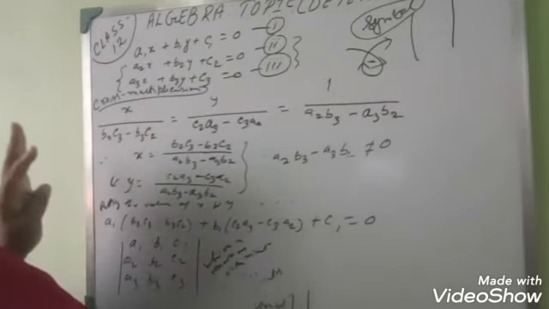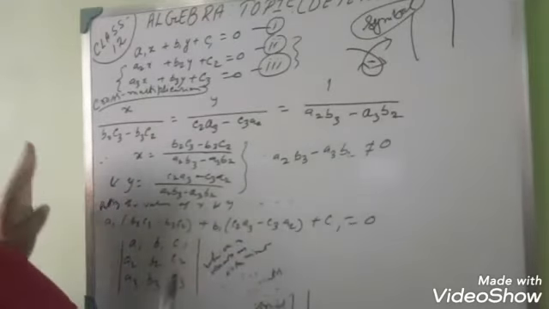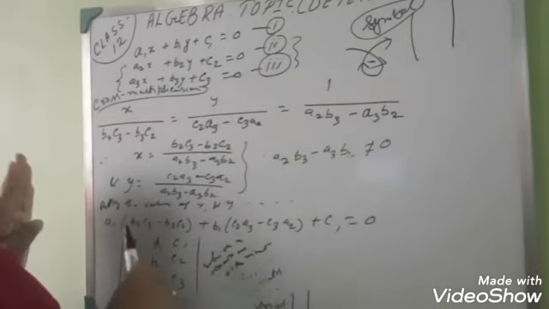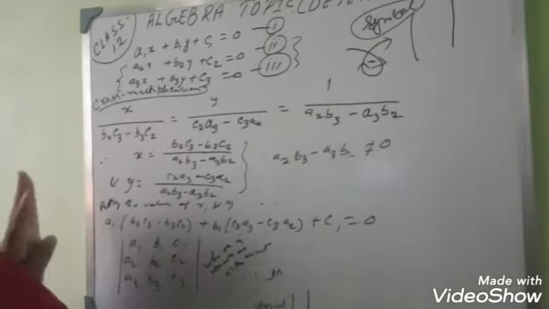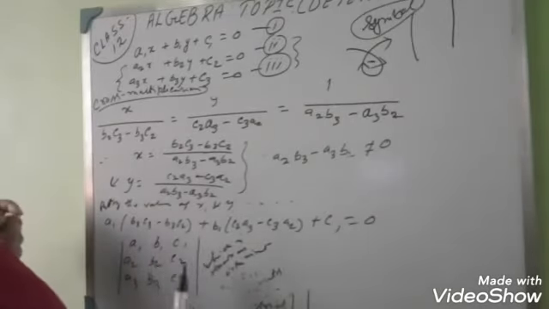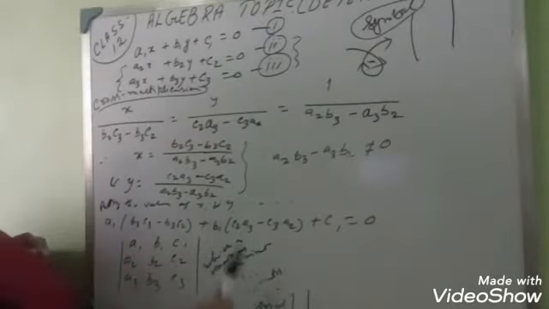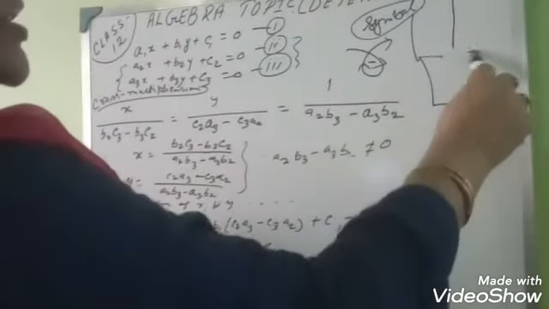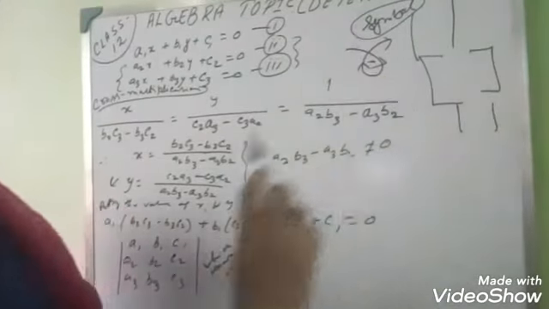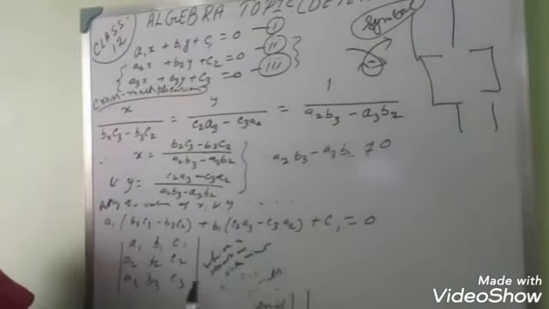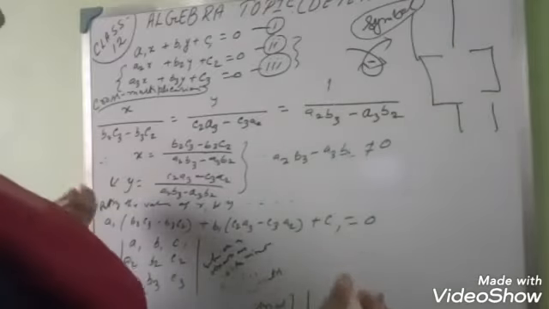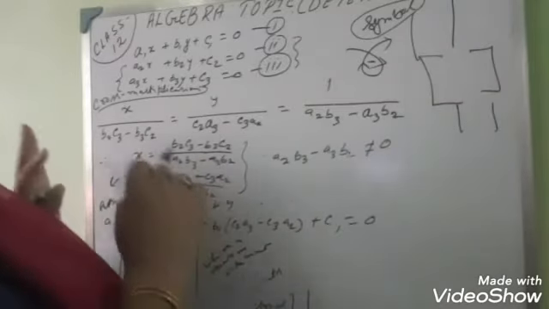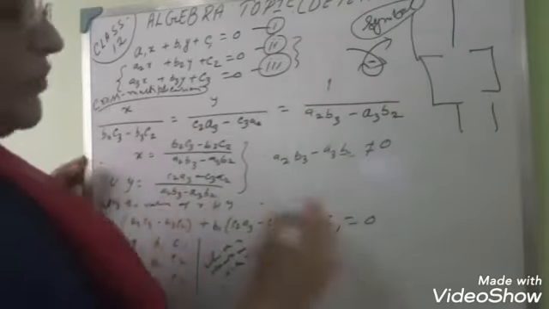This square matrix we have already done. What is a square matrix? In the square matrix, if a1 b1 c1, a2 b2 c2, a3 b3 c3, all these are written in this, that is the third order square matrix. So this is also the third order determinant. Matrix also can be written in the form of determinant. Only the symbol is different: in the matrix we use this symbol and in the determinant we use this symbol. Only difference is this. Now this particular part is known as the determinant. Similarly, this is done for the third order determinant.